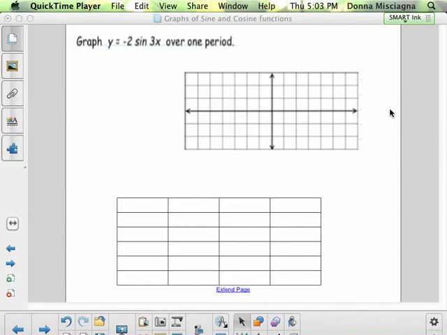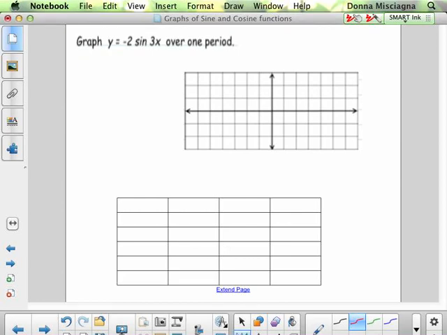Right, so now let's graph y equals negative 2 sine 3x over 1 period. All right, so let's find, first of all, the amplitude. So amplitude is always positive, so it's going to be the absolute value of negative 2, or 2. And then there's also a reflection